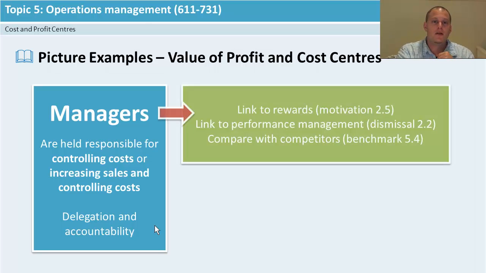We'll have a look at this bit here. So what can the managers actually do to make it better? Because they're talking about sales, and we're also talking about costs, what are some of the things we can do? So we can definitely link it to rewards, so the motivation in practice, you do a good job, you increase sales, we can do some Taylorism. We can link it to performance management, so if you're not actually meeting your targets, we can then potentially dismiss you. And the big idea is we can then compare with our competitors in benchmarking to find out what